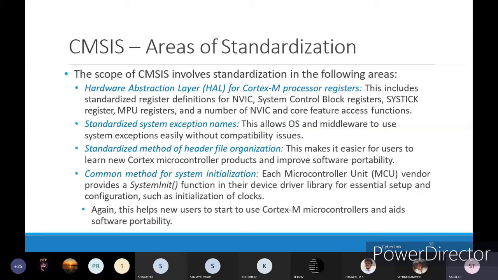Whenever they want to initialize new libraries or new devices are connected, at that time system initialization support will be given. Initial setups, everything, they can do with respect to the new devices which are connected to the Cortex-M3 processor.